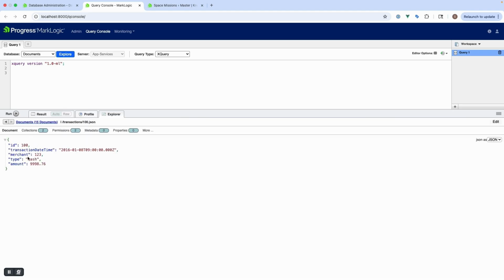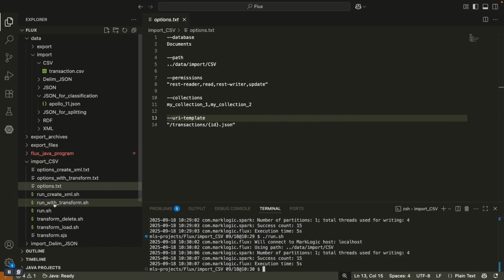And what you can see is that there's no transaction property name. In other words, it's a flat list of key value pairs. So it might be that you want to wrap that information with a key, let's say transaction, so that the data is easier to work with. So to do that, we can